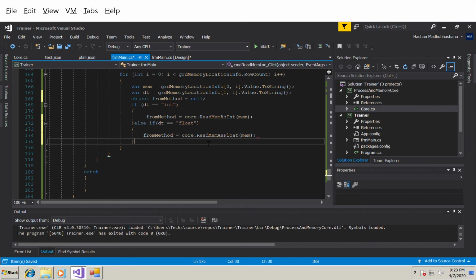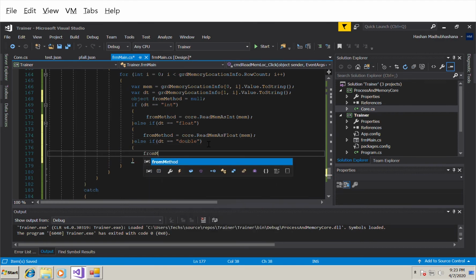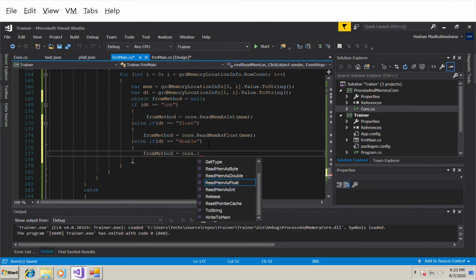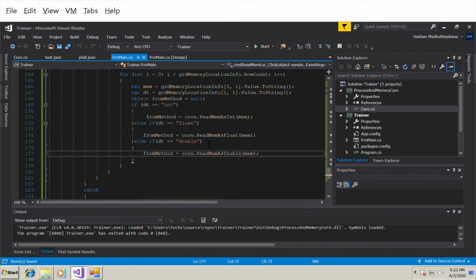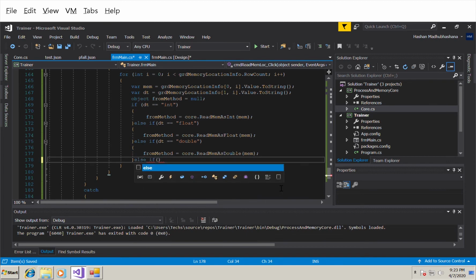Oops, so again else if dt is equals to now float. Now here we have double. from method is equals to dot read mem as double. So again mem, no problem here. So else if, what's going on here? So dt is,